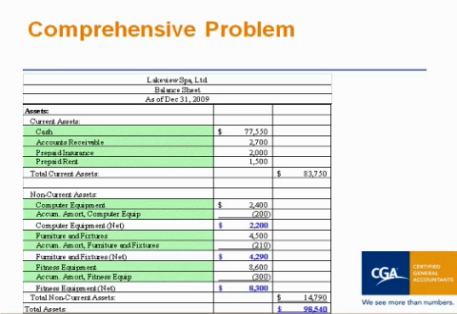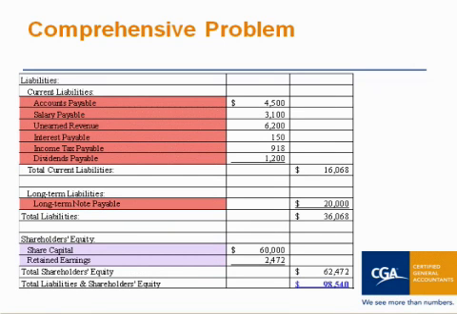So let's see what happens on the other side of the balance sheet. Current liabilities, once again, categorize our liabilities in current and non-current. Current liabilities will carry over the account balances from our adjusted trial balance for accounts payable, salary payable, unearned revenue, interest payable, income tax payable, and dividends payable. These are all things that will be satisfied within the next operating cycle, the next 12 months, and the total current liabilities sum up to